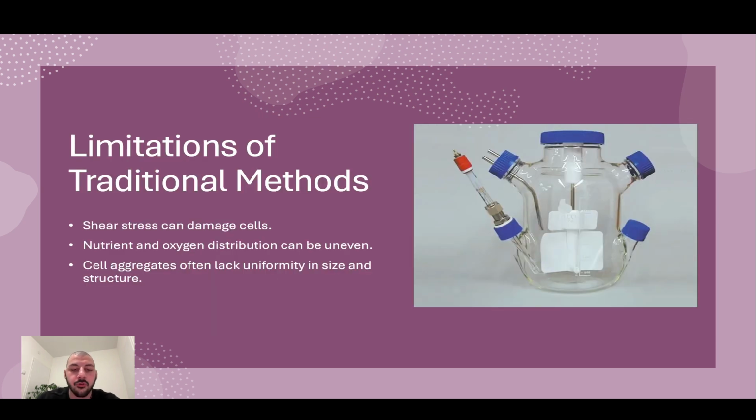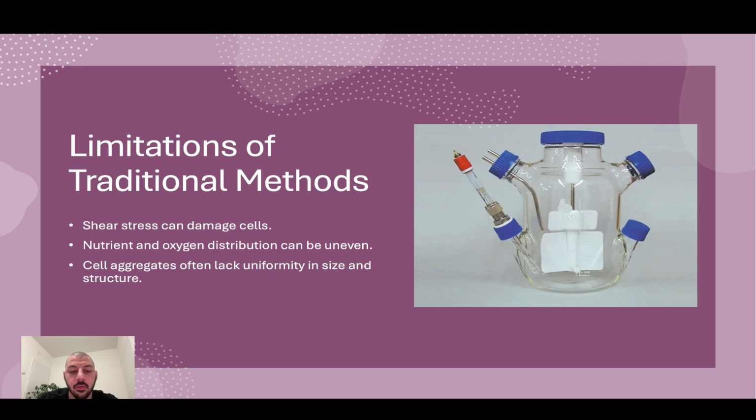However, 3D cultures are not without their challenges. Traditional methods, such as static or spinner flask cultures, often face limitations: shear stress can damage cells, nutrient and oxygen distribution can be uneven, and cell aggregates often lack uniformity in size and structure. This is where the rotary wall vessel bioreactor comes into play, offering a dynamic and low shear environment for growing